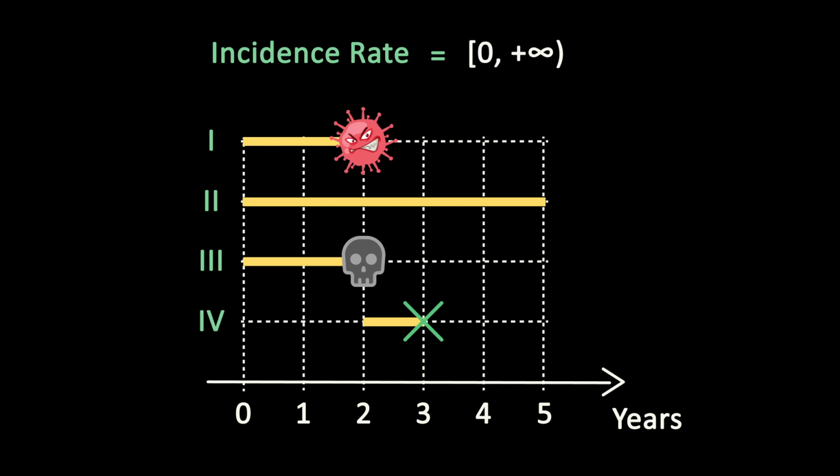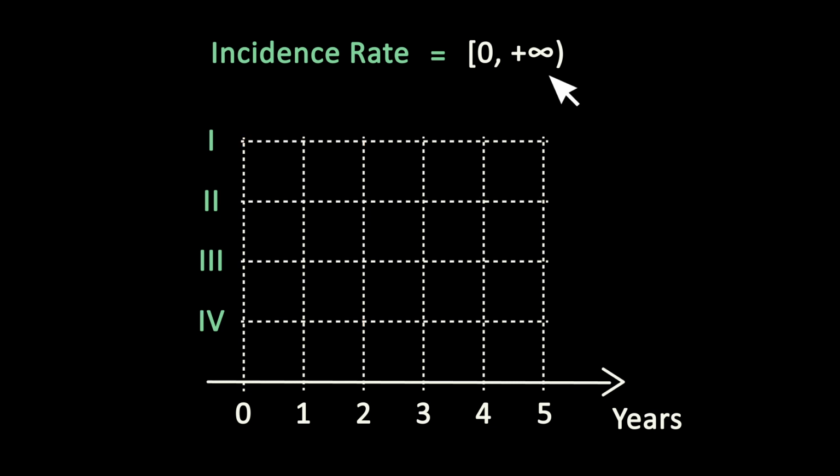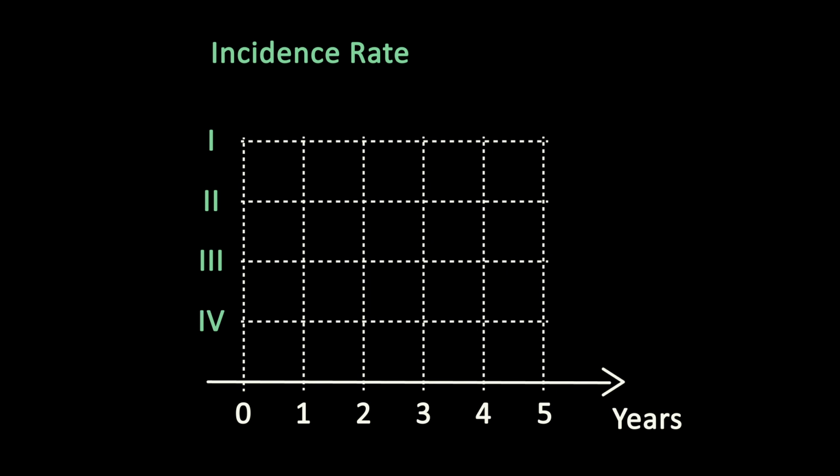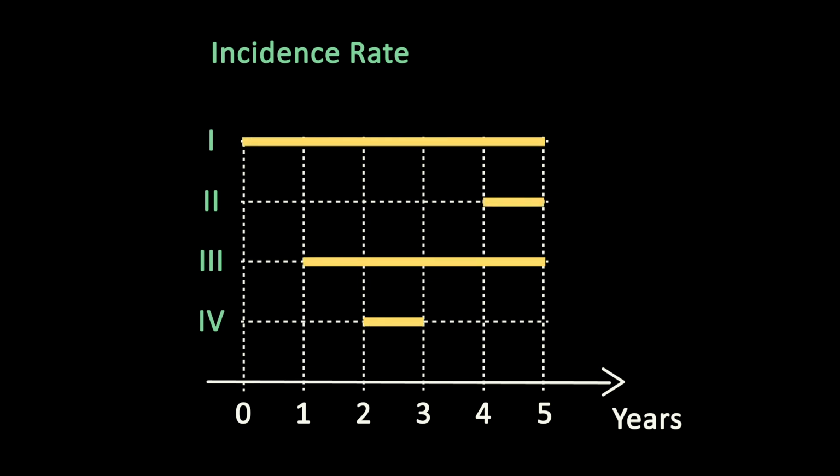The incidence rate ranges from 0 to infinity. 0 means that no one developed the disease during the follow-up period, and plus infinity means that everyone developed the disease instantaneously at the start of follow-up. Incidence rate takes into consideration different follow-up periods of study participants. So participants who enter or leave the study at different times during follow-up will not cause any problem when calculating